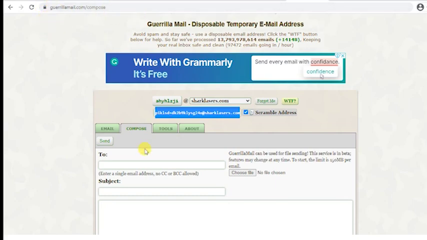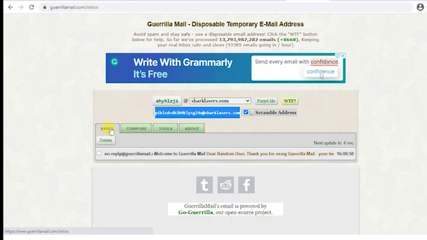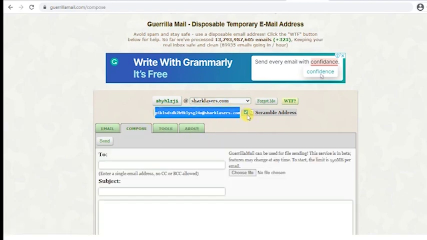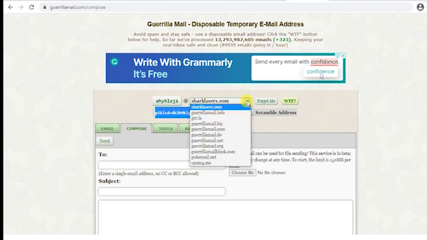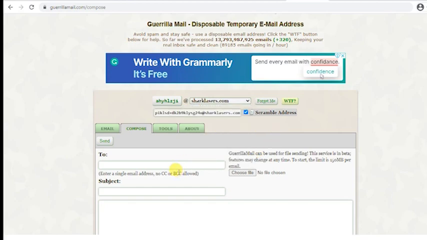I can go to login and log into that previous account. So now we'll go to Gorilla Mail. I am sure that some of you have heard of Gorilla Mail. Gorilla Mail is a complete email box where you can compose emails also. The ones we have discussed up to now, the email boxes had only receiving function. Now we can send also.